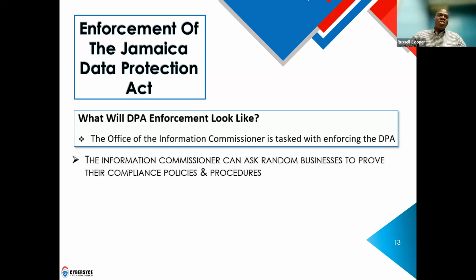So you have information where she asks for specific information or data. She has assessment where she comes in and assesses your compliance, if you're up to speed, if you're doing well. And she has enforcement in which she compels you to comply with one of the standards. So those are 3 of the notices that the Information Commissioner can issue,